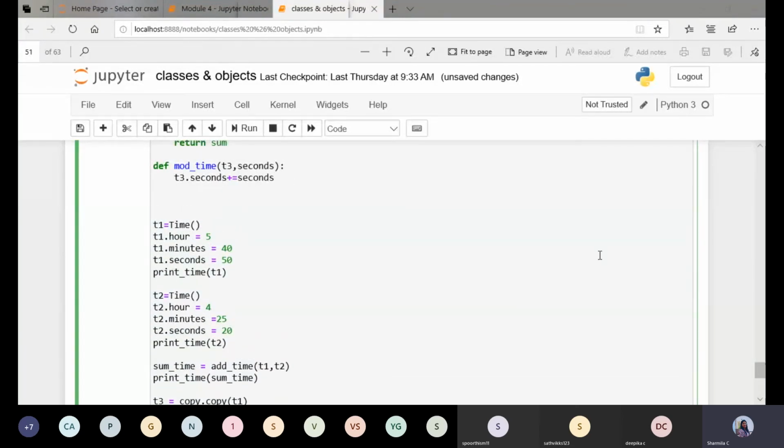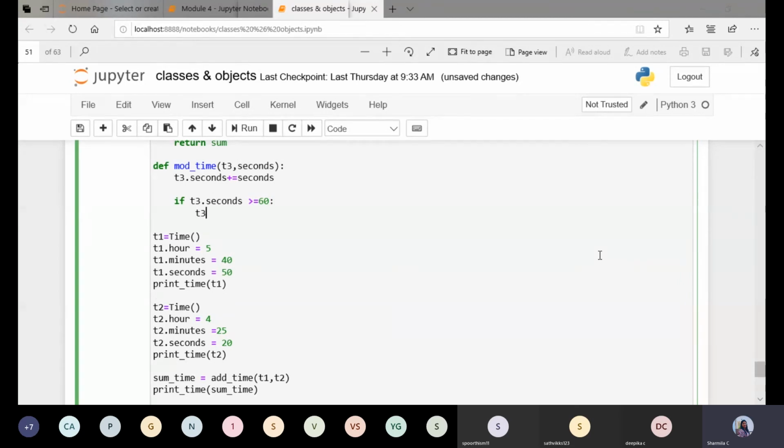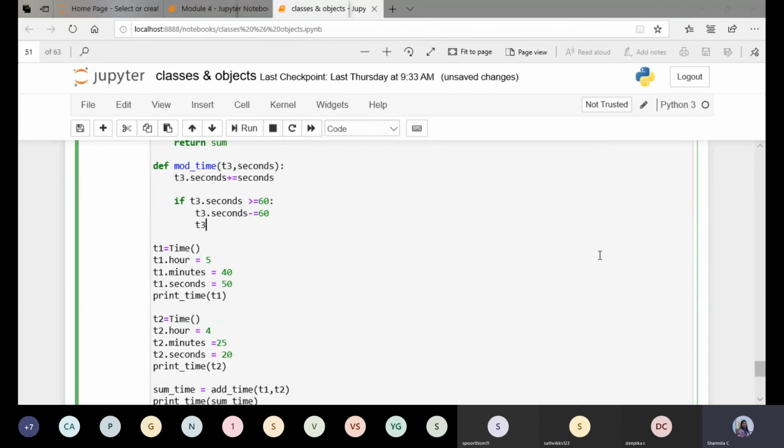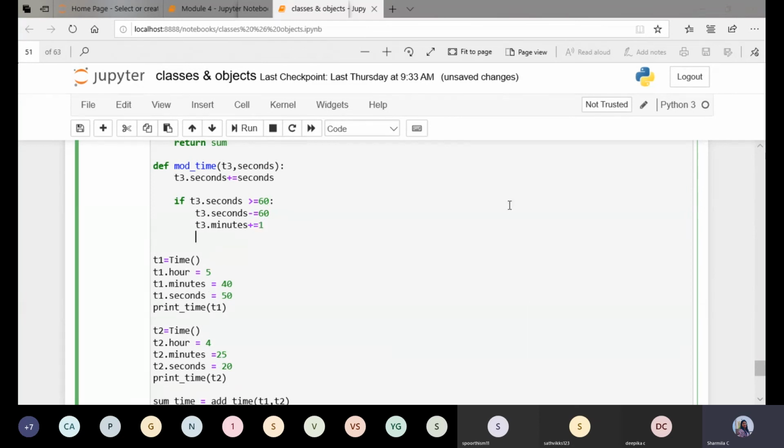After this I'm checking if t3 dot seconds is greater than or equal to 60.